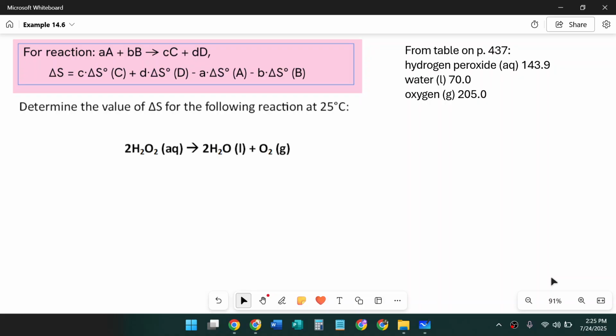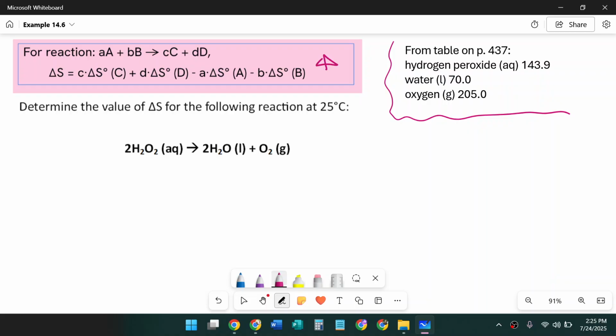Because my whiteboard does not like to put things like subscripts, I just copied the information from the table over here, but I wrote the words for each of the pieces. Like instead of H2O2, I wrote hydrogen peroxide. All right, so to do this, we just simply use this formula that we recently learned right before getting to this example. So to find the value of delta S, we're going to start with the products and add their